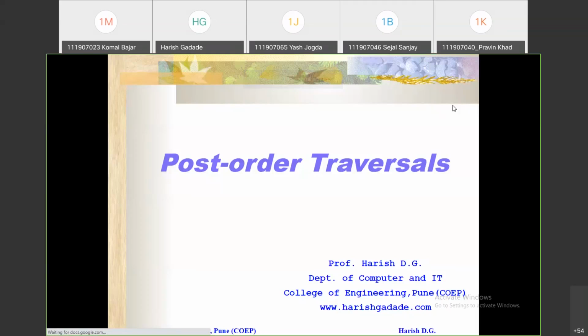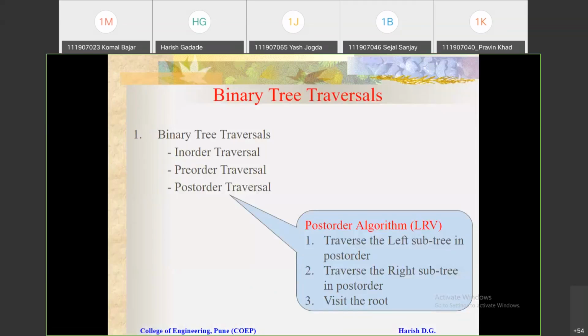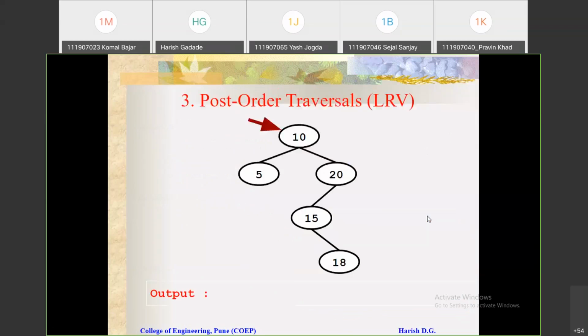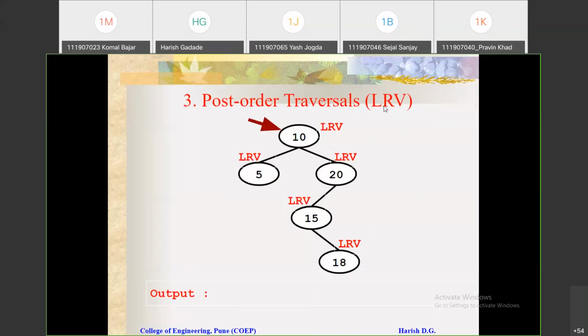Now we can see here in post-order traversal again 3 steps are there. Post means post, after L and R we are putting the V. So you can see here of traverse to left, traverse to right and visit this route for this post-order traversal. So it is LRV. So same example I am taking here for the post-order traversal again. So as I said, for each and every node, apply these 3 steps LRV. So first we just applied these 3 steps LRV and that output is empty.